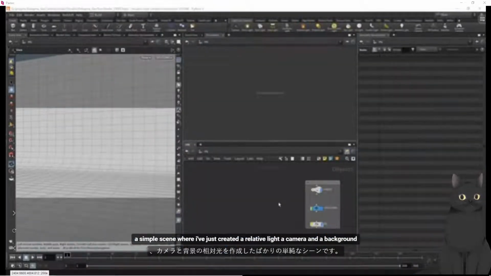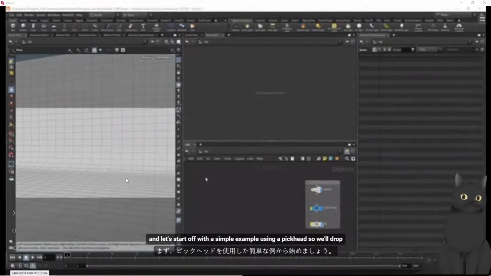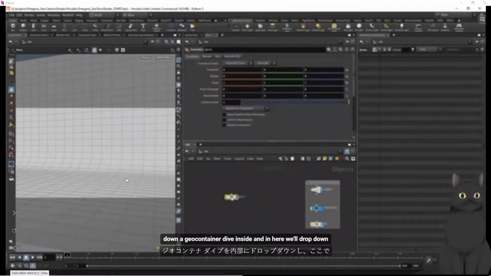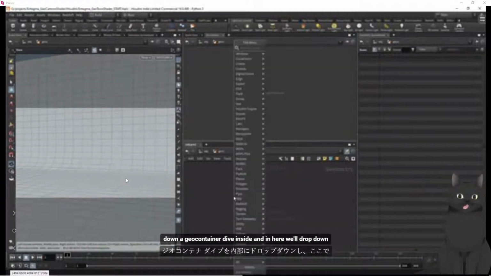So here is a simple scene where I've just created a redshift light, a camera, and a background, and let's start off with a simple example using a pighead. So we'll drop down a geo container, dive inside, and in here we'll drop